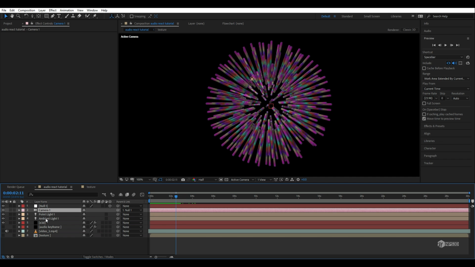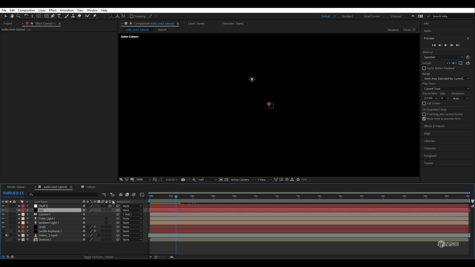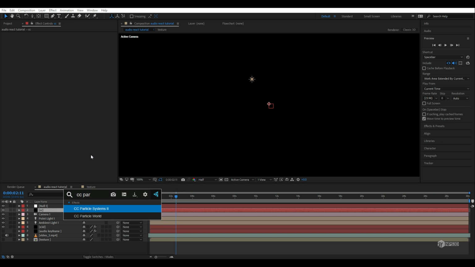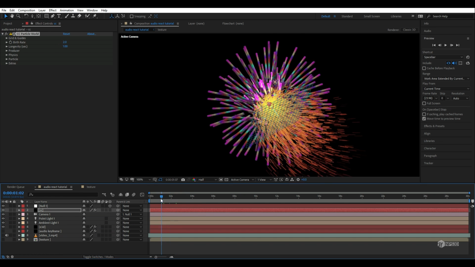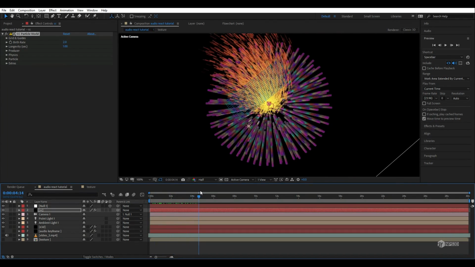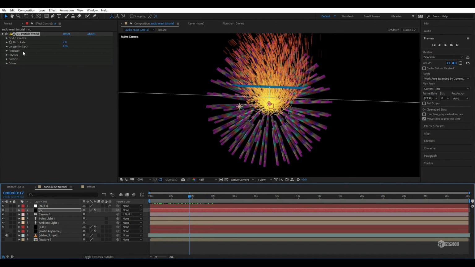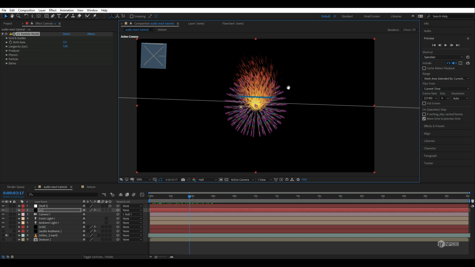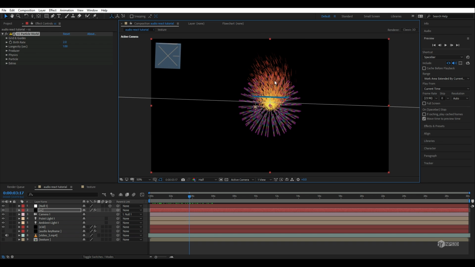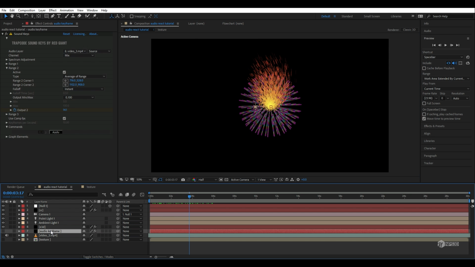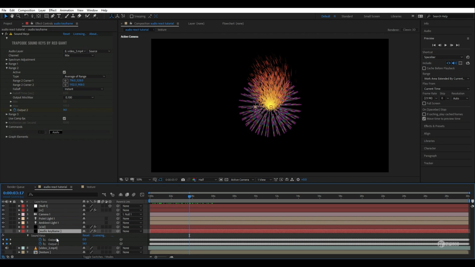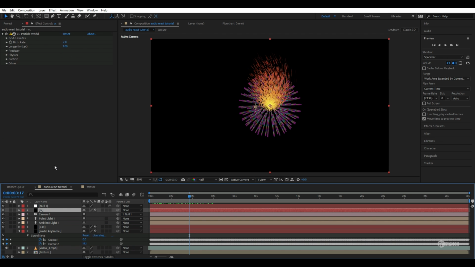Alright, so let's make a new solid and just apply CC Particle World. And alright, you can see with camera animation this is looking boom boom boom. But now here we'll also push the amount of birth rate and the amount of velocity with audio keyframes. So first let me change the birth rate. So go to the audio keyframe, press U to reveal the keyframe, and go to the CC